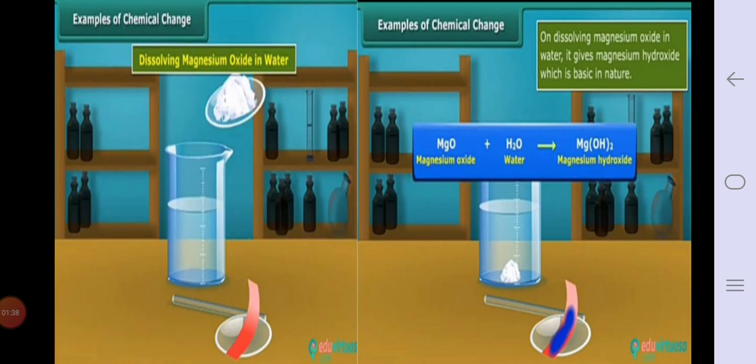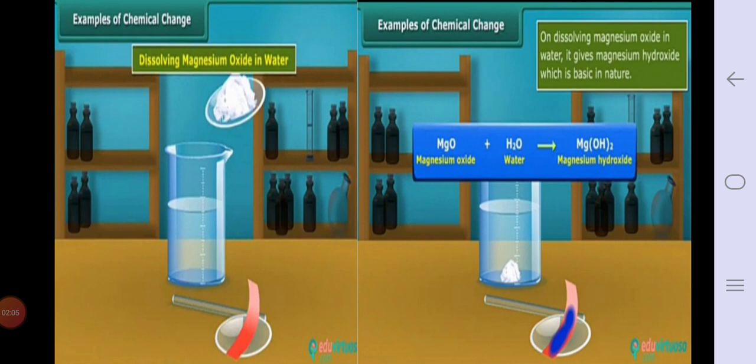Now collect the ash and mix it with a small amount of water. Stir the mixture well. Test the mixture with blue litmus and red litmus paper. Okay, now we are going to test it with blue and red litmus paper. Does the mixture turn blue litmus paper red? On the basis of this test, how do you classify the aqueous solution, acidic or basic?